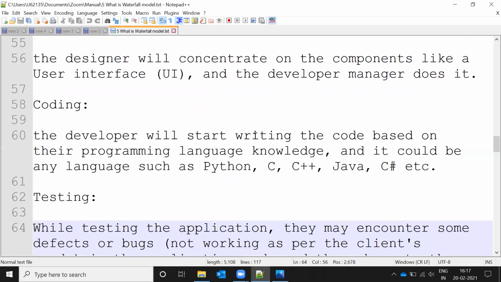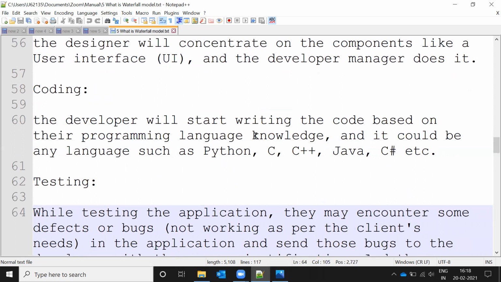And coding: basically the developer is going to start once the design is completed. Developers do the development, and they can develop the entire source code in this coding stage. Based upon the requirement, whichever language the client asks for, C sharp, Java, Python, what kind of programming language they ask, the developer develops the program based upon the requirement specification, flowchart, and design.